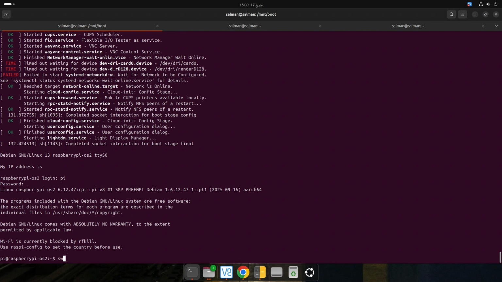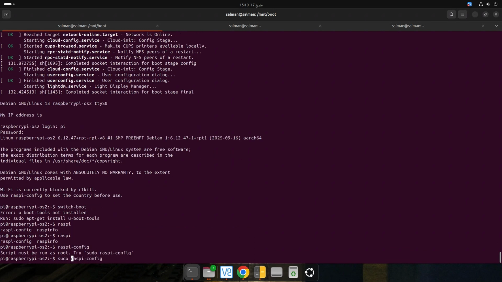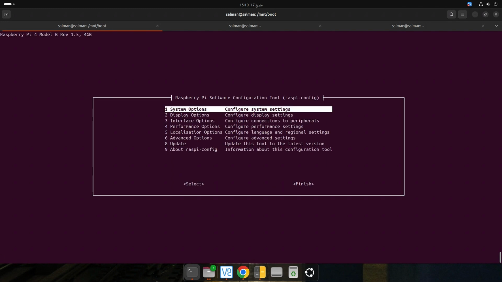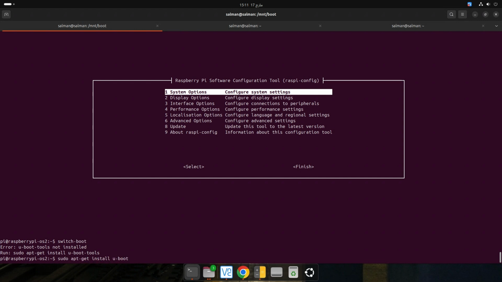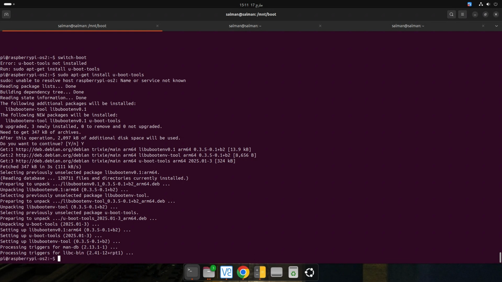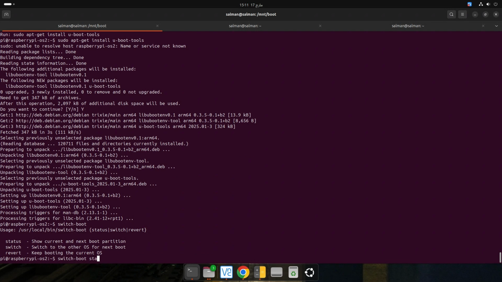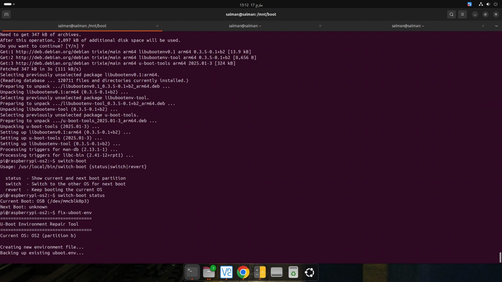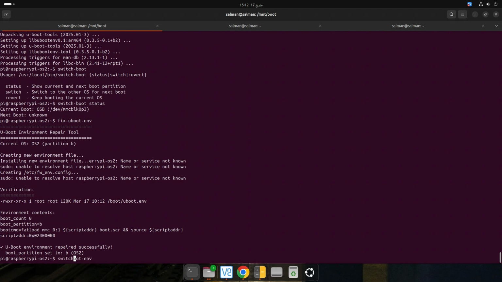You can see that the U-boot tools are not installed, so we are going to install those. First connect the Wi-Fi, and then install the U-boot tools, and after that we are going to try the switch boot, and we'll need to fix the environment variables for this partition also. So let's try that, and after that is done, we will switch back to the first partition using the command that is present here: